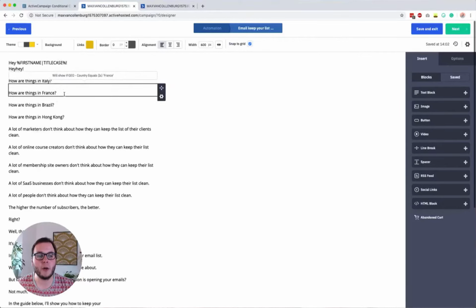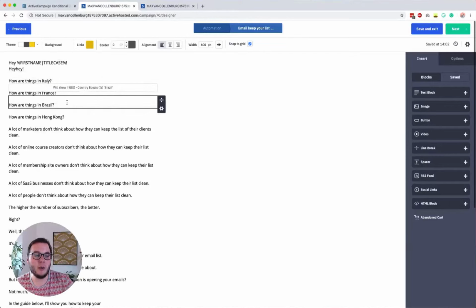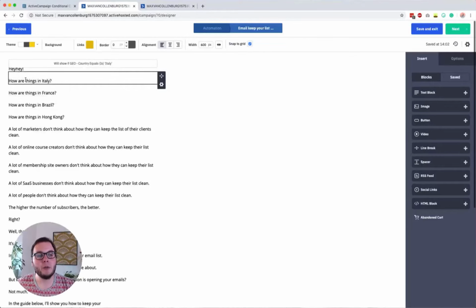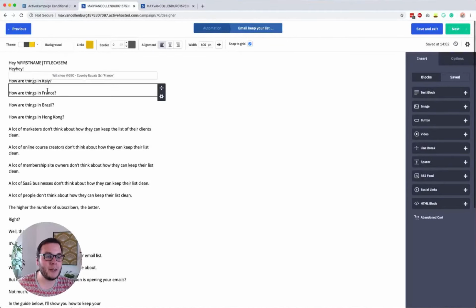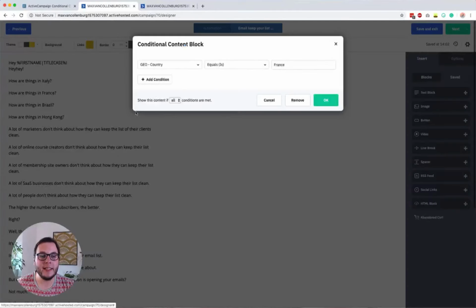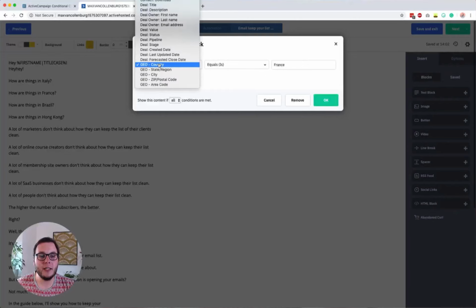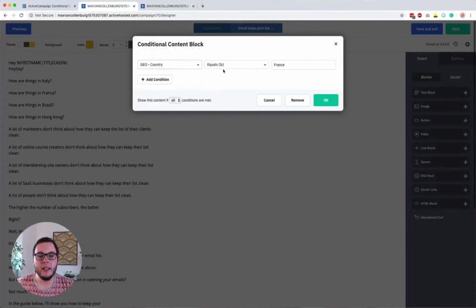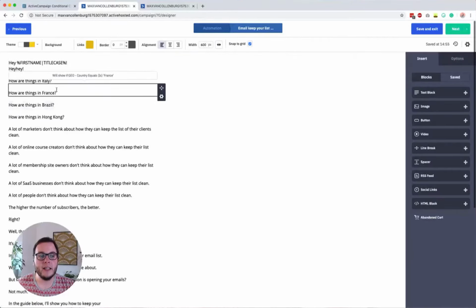These are just four examples, and you could obviously add more countries. I could ask people who are from Italy, hey, how are things in Italy? Or people from France, how are things in France? You see the condition for this is geo country equals France, so this block will only show to people who are from France.